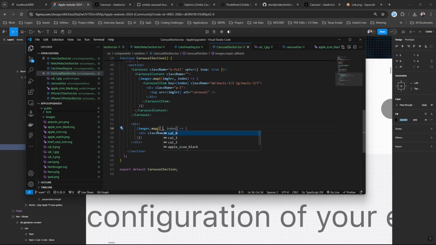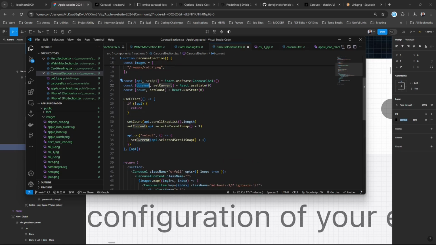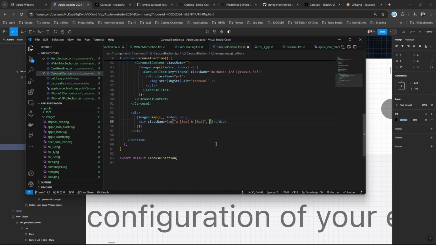Alright, so that means we have access to the image, which we're not going to use, by the way. We just need the index, right? So we can know which one is current or not by the index, right? So yeah, that means if the index is equal to current, we just want to make sure that the bg